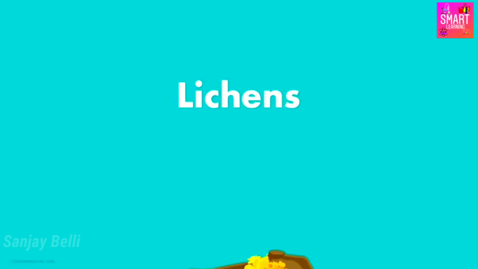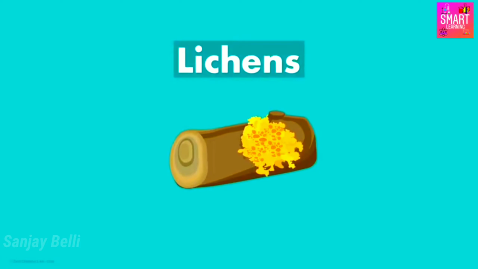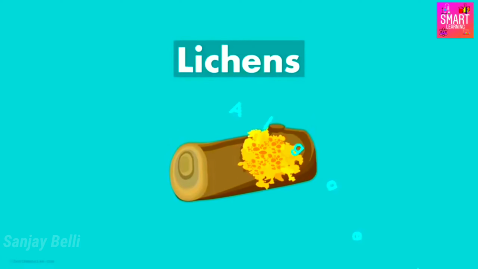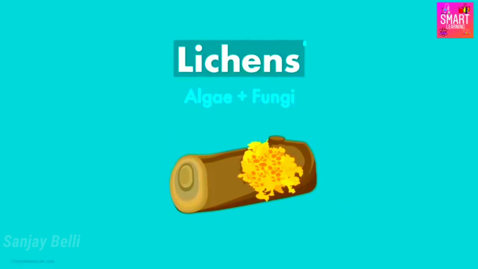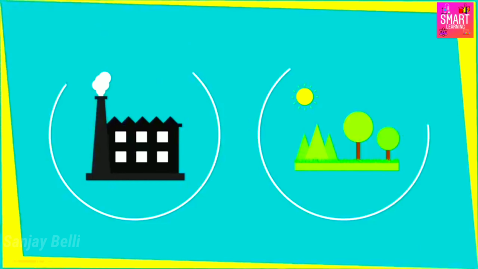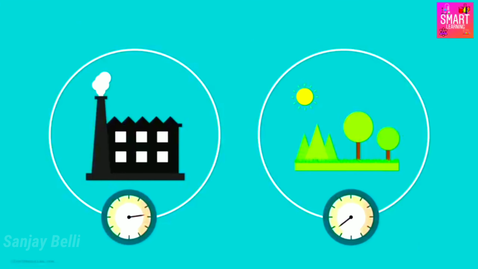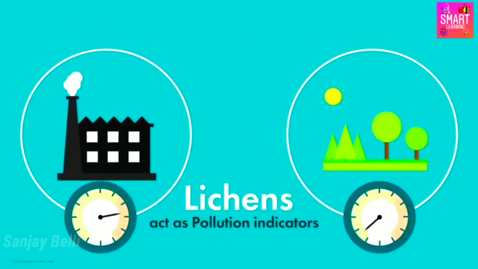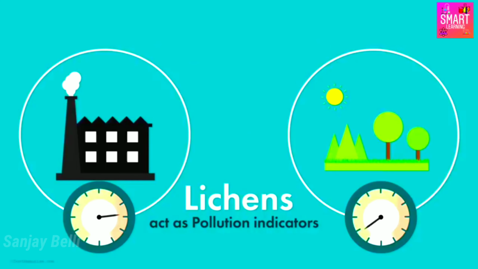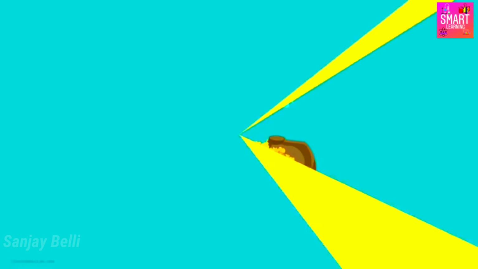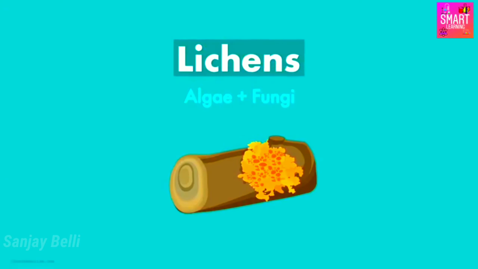Yes, we have studied in biology that a symbiotic relation of algae and fungi gives us a unit called lichen. The major function of lichens in the ecosystem is that they act as a pollution indicator. Their growth is hindered when there is excess pollution. As a result, chemical changes in the body of lichens can give us an indication of the nature of the substances that come in contact with them.